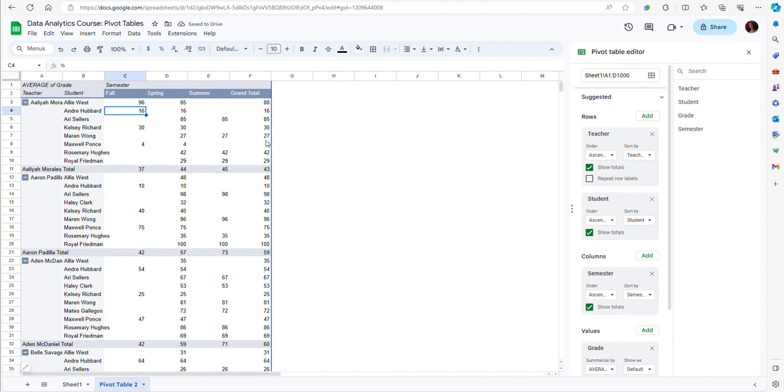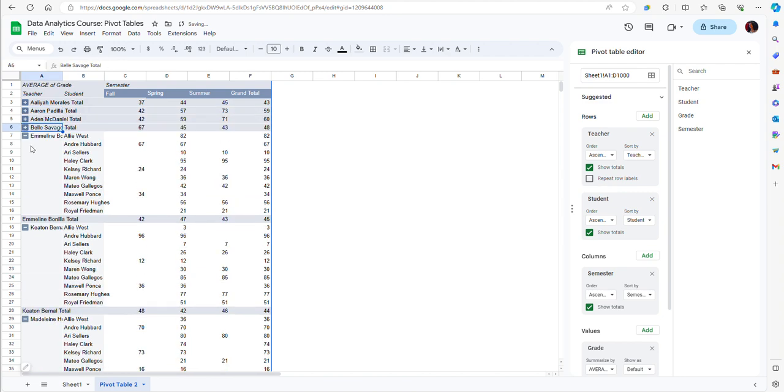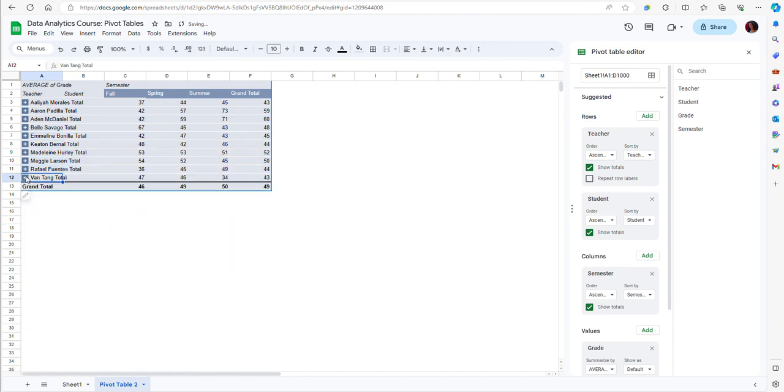But if you want to use this data in a different way, what you can do is just copy and paste it from here, or you can use it as a source for a chart. The nice feature that we have is that we can collapse data that are nested into subcategories. For instance, if we just want to see the teacher level data without the student level data, we can just click on the minus sign for each one, and we're going to have just the data by teacher aggregated by